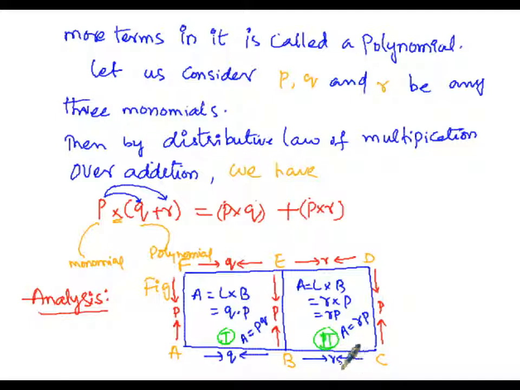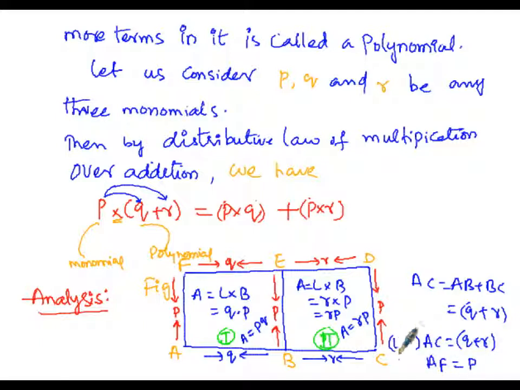But the length of this big rectangle ACDF will be Q plus R, that is AB plus BC. So AC, the length of the big rectangle ACDF, is equal to AB plus BC, that is AB is Q plus BC is R. In this manner I got AC equal to Q plus R, but the breadth AF will be P. So this is the length of the rectangle, and this AF is the breadth of the rectangle